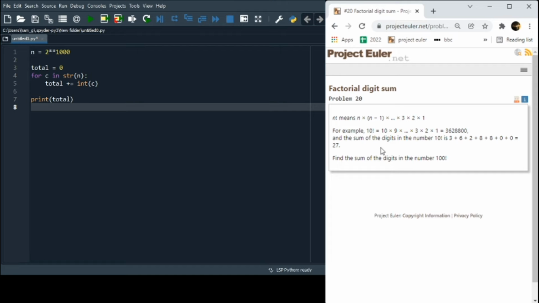So, factorial digit sum. n factorial means n multiplied by every positive integer below n. So 10 factorial is 10 times 9 times 8 times 7 all the way down to 1. And the sum of the digits is 27. Find the sum of the digits in the number 100 factorial. Now again,